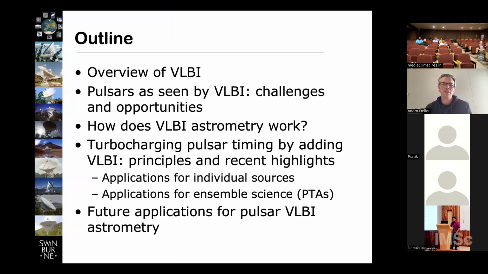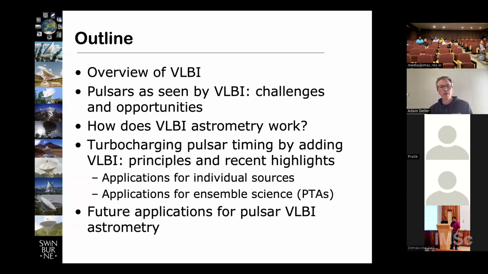So what I want to talk about today is just a bit of an overview of VLBI without going too deeply into the technical details, but enough to set the scene so you can understand the power and the limitations that it can bring to observing pulsars. And so, specifically, to talk about the frequency range and the regime that we would normally observe pulsars with VLBI. A bit of time on how astrometry works with VLBI, because that's really the most common use case of applying VLBI to pulsar science.